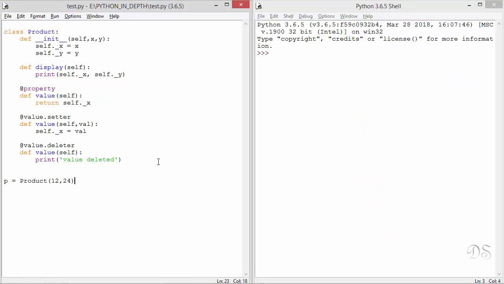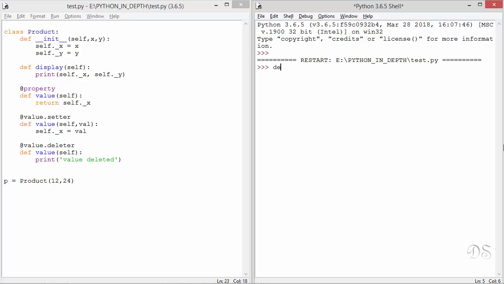This is the first example that we had seen in this lecture. Now, in addition to the getter and setter methods, we can also define a deleter method for the property. This deleter method defines what happens when a property is deleted. To create this deleter method, you have to define a method with the same name as the property and add this decorator with this word deleter in it. So when we'll delete this attribute, this method will be executed. Let's run this. Now we write del p dot value. So this method was executed.